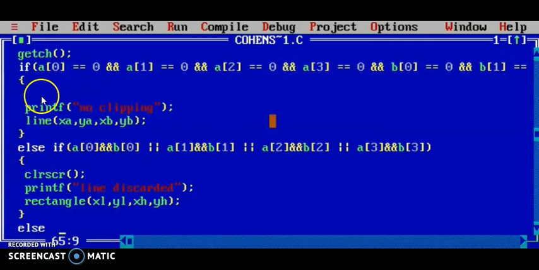And if this condition is false, then the else if will be executed. In the else if, we have applied a particular condition, and if that condition is true, then your line will be discarded and only the rectangle will be drawn.